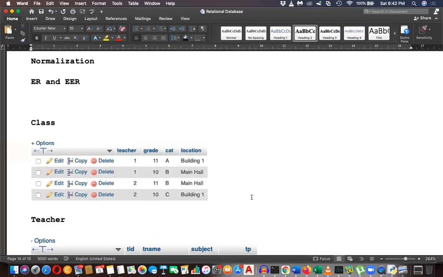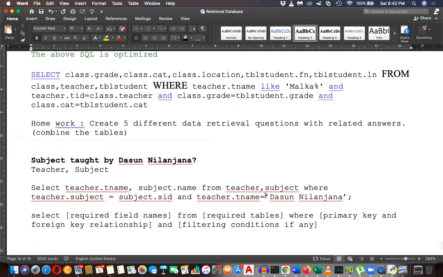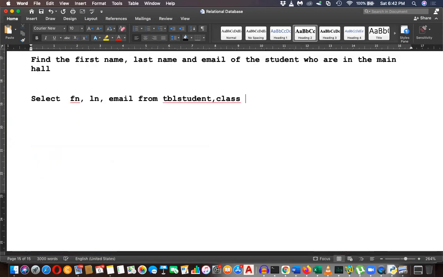To do that, I can mention from, where, what is the primary key foreign key relationship? TBL student.grade equal class.grade, and the second one, TBL student.category equal class.category.